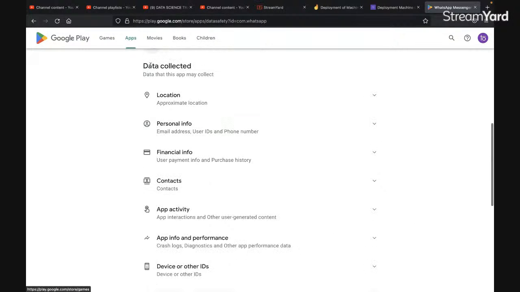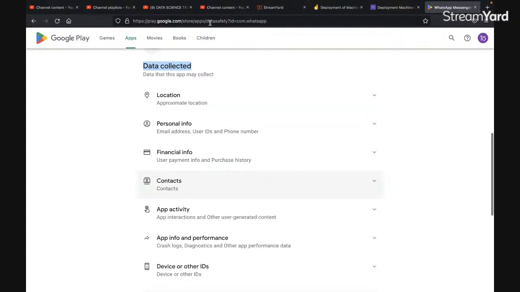Now over here you can see data collected. That means these are all the data that WhatsApp collects from your device and sends to the organization, right? And now see, this is not data stealing. You cannot consider this as data stealing. Data stealing is absolutely different from data collection. This is known as data collection, not data stealing. So kindly don't get confused between these two, right? We say that China steals our data, and so on and so forth. So data stealing is a different thing, and data collection is a different thing.